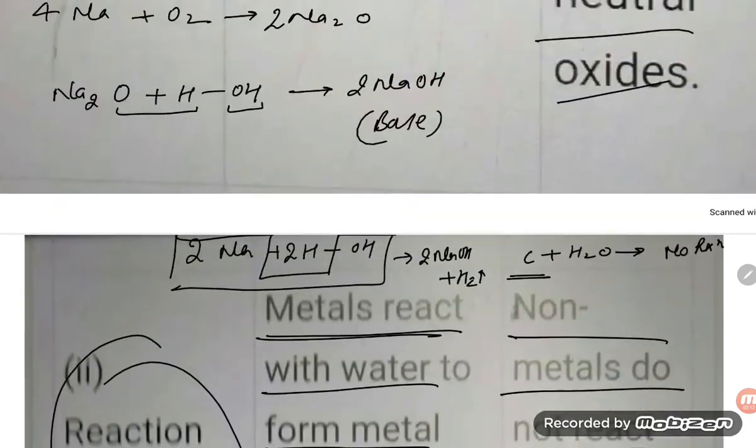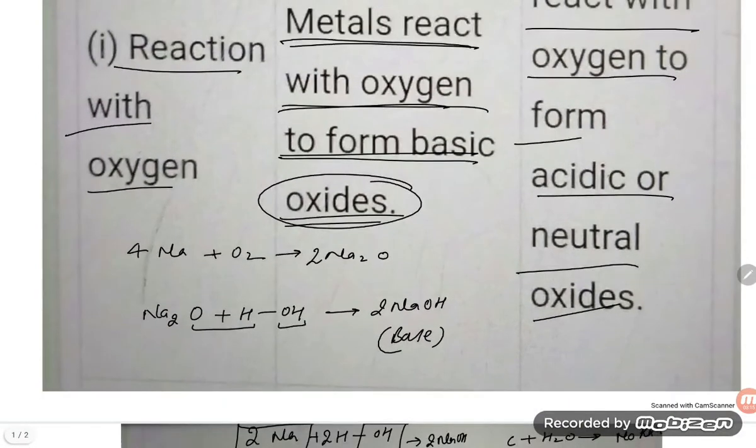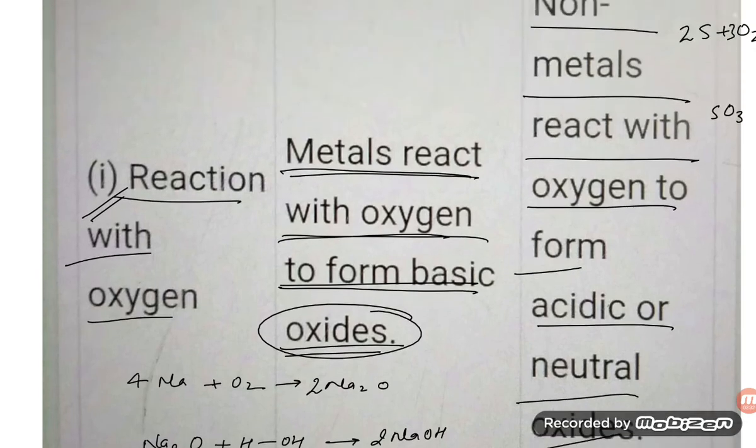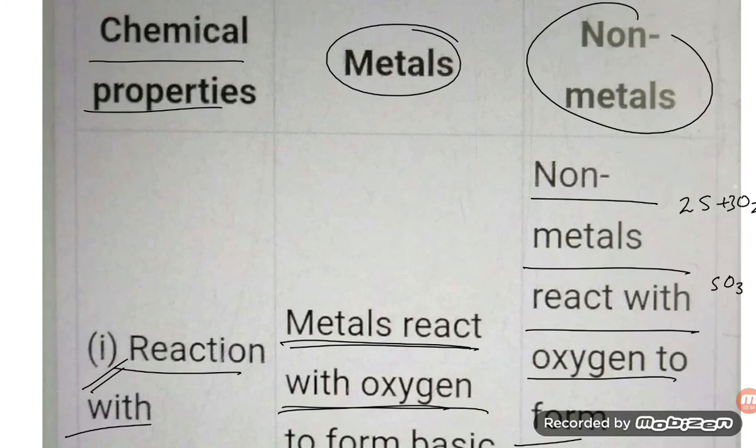But here the most important point to keep in mind is the reaction with oxygen: metals give oxides which are basic in nature. Why basic? If you dissolve them in water, they give metal hydroxides. Similarly, non-metal oxides are acidic in nature; as you dissolve them in water, they give acids. So there are n number of equations that you can understand.